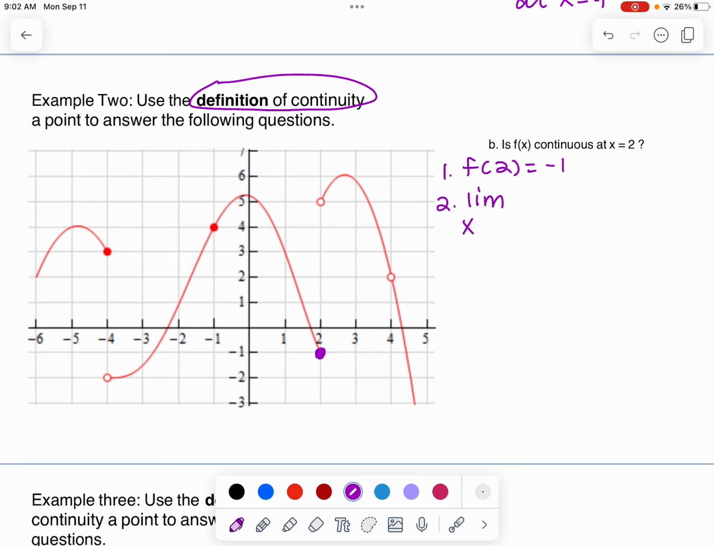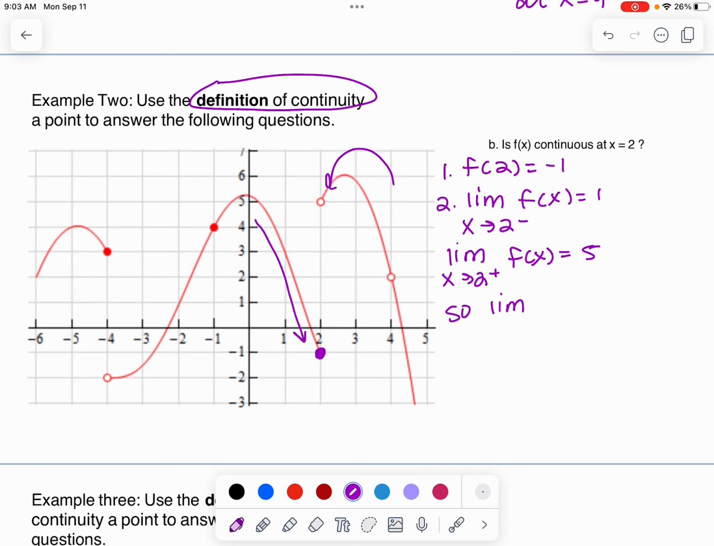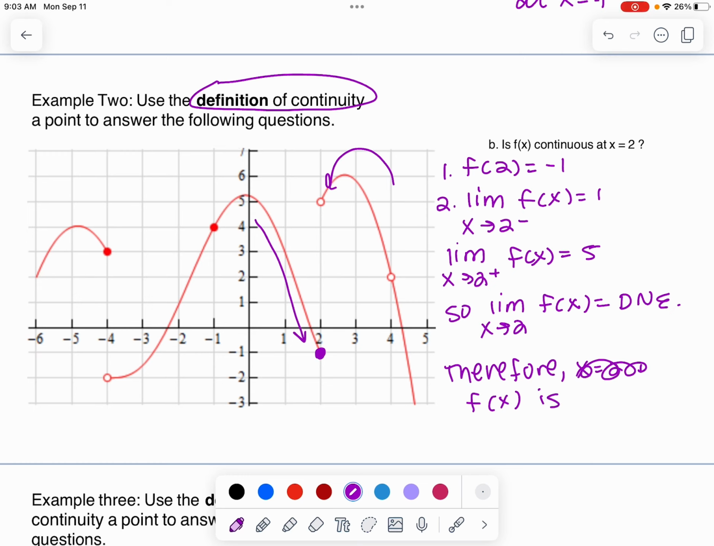Well, that answer is no. If you approach from the left hand of 2, you get -1. If you approach from the right hand of 2, you get 5. So the limit as x approaches 2 of f of x does not exist. Therefore, x equals 2, or sorry, therefore f of x is not continuous